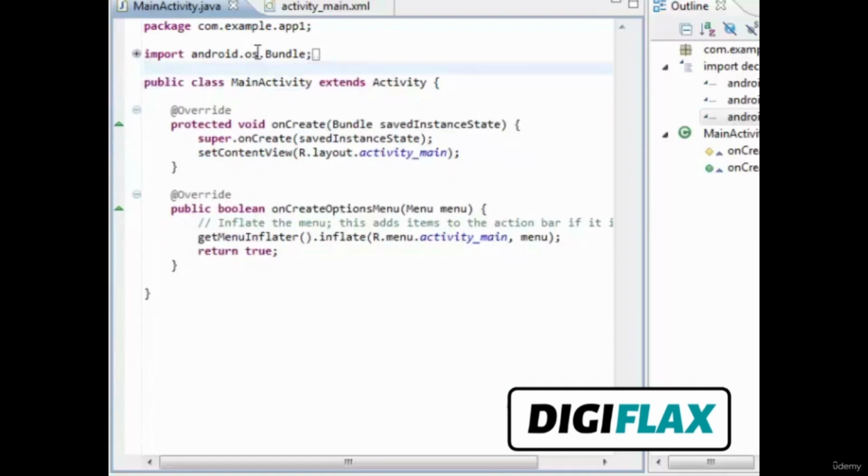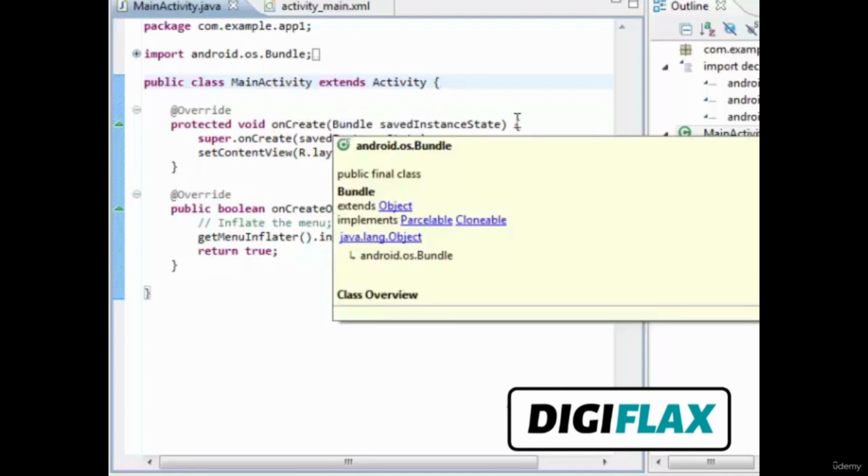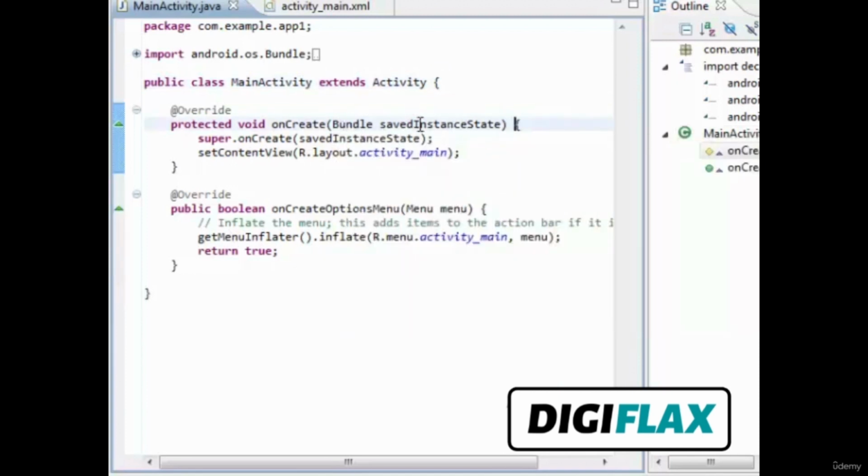Now we will minimize it. Public class MainActivity extends Activity. So we are inheriting from the Activity class, and we have a method onCreate. It is a protected void method onCreate, with Bundle savedInstanceState as the parameter,